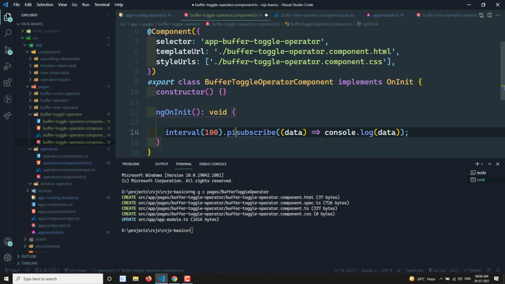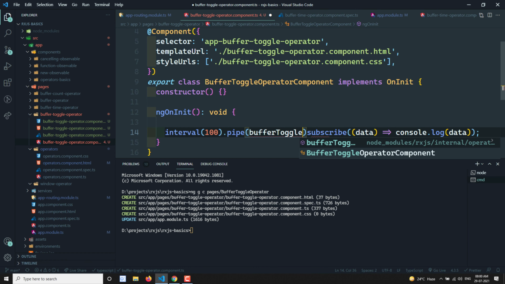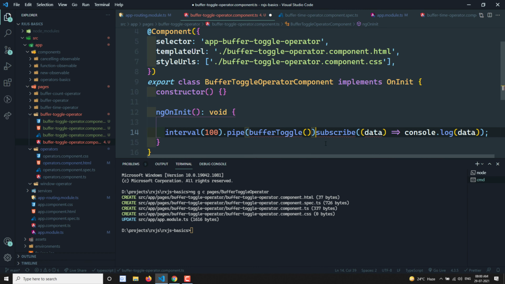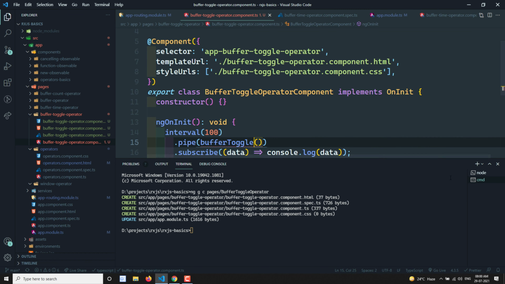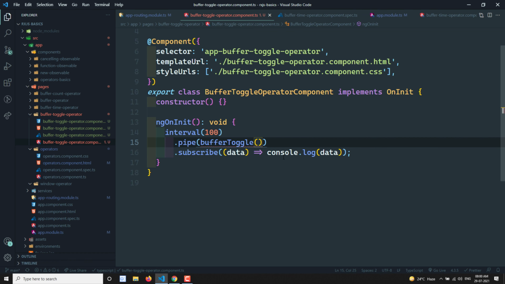Now I want to apply buffer toggle, so here I can use pipe with buffer toggle. As we already discussed, it will take two parameters, opening and closing. Opening is also an observable, so that defines when it should open.